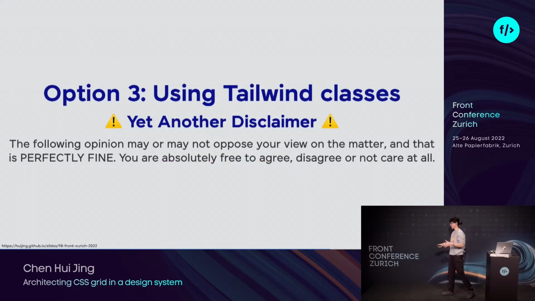And yet another option, because we have to be open-minded and explore all options, is to use Tailwind classes. I'll be upfront about this. I am not the biggest fan of Tailwind. The major issue that I have with it is that it seems to see the cascade as a problem to be fixed rather than an attribute to be embraced.